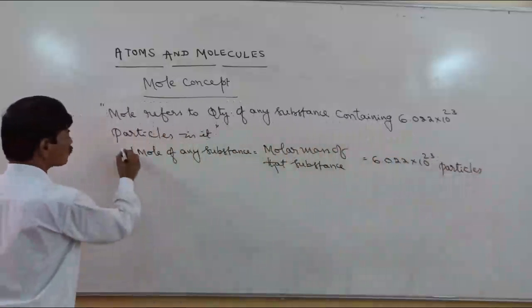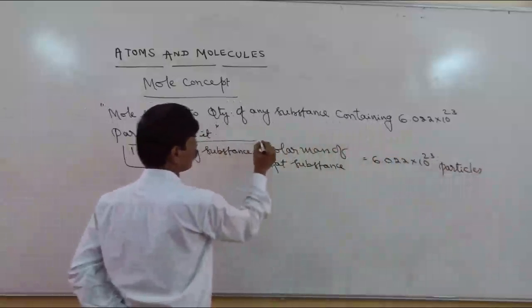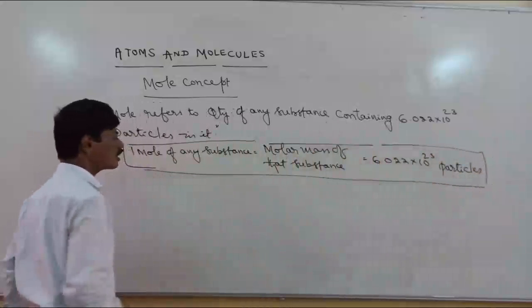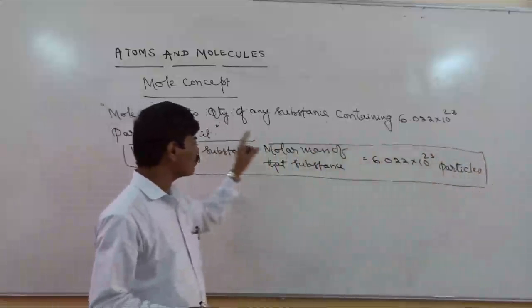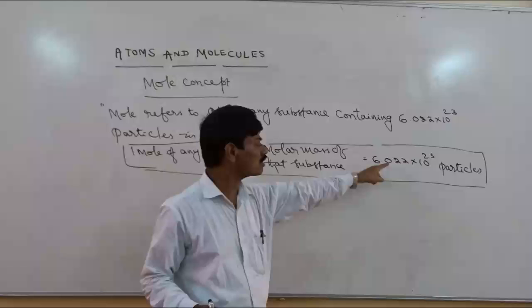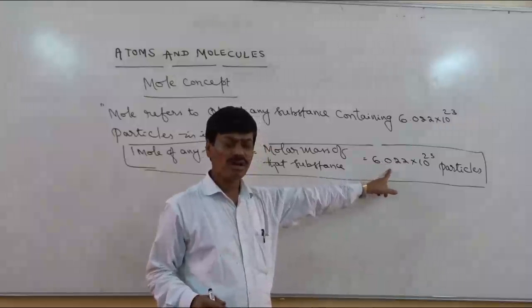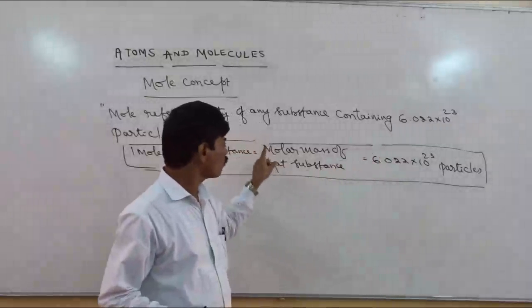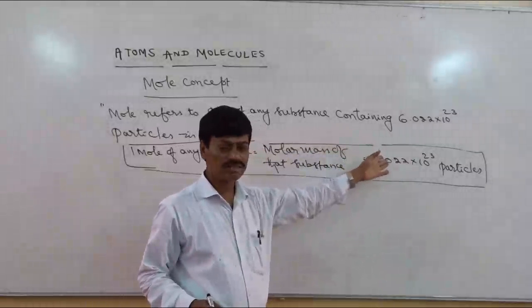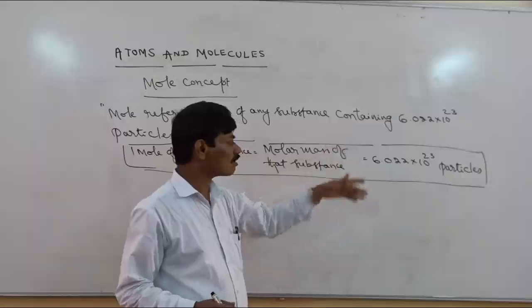So this is what you need to remember. In numericals, mole can be correlated with the molar mass, and moles of any substance can be correlated with these many particles, or the molar mass of any substance can be correlated with these particles. Right? On the basis of this,